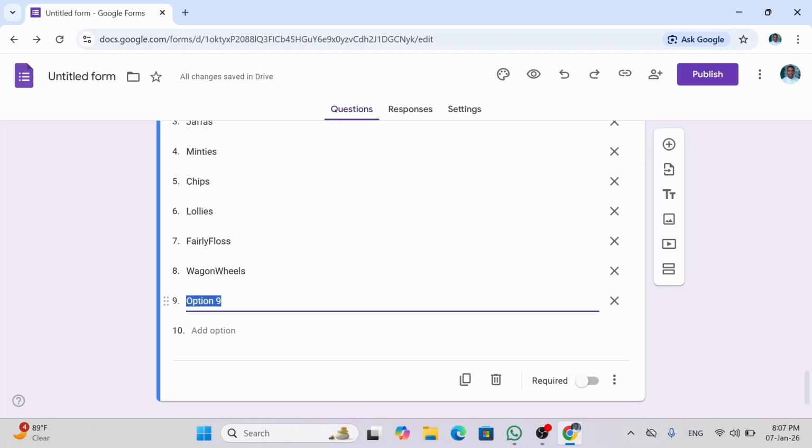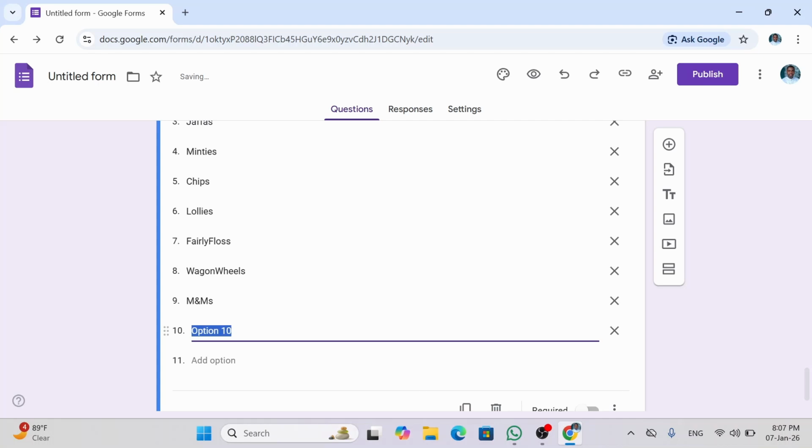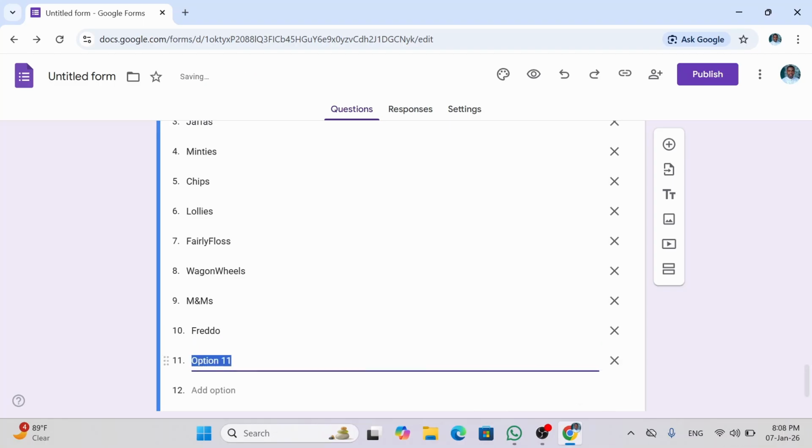We have M&M's, we have Fredo, we have Fantails,